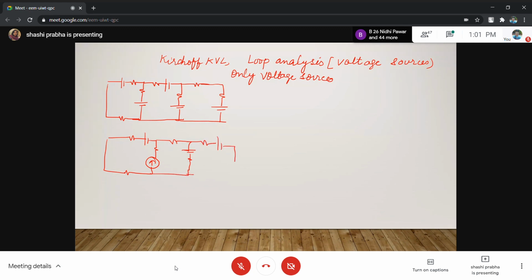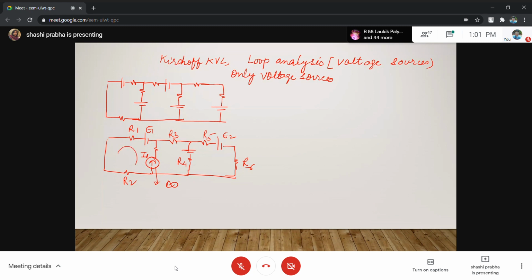This one, like this. This has a large number of resistances. We can name them as R1, R2, R3, R4, R5, and R6. Let it be E1, E2, and say current source I. So the difference in these two circuits is this has a current source. What is the internal resistance of a current source? Infinity. So we are not able to write the equation for this loop.